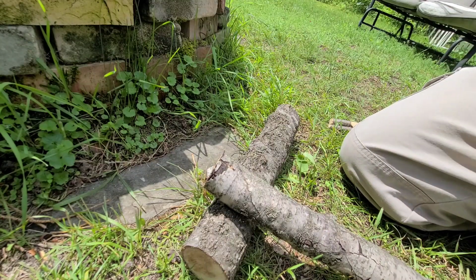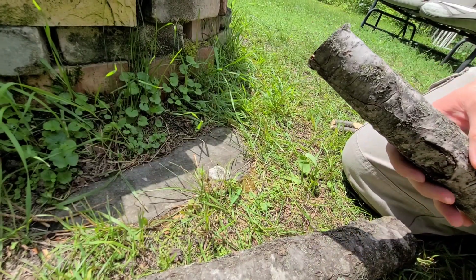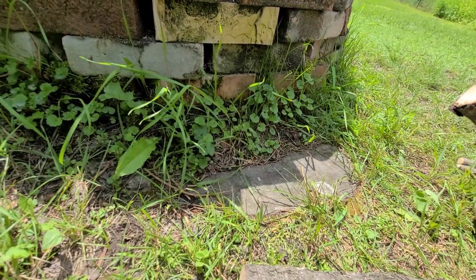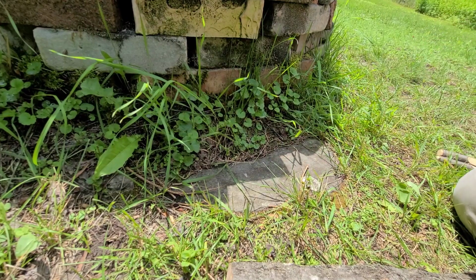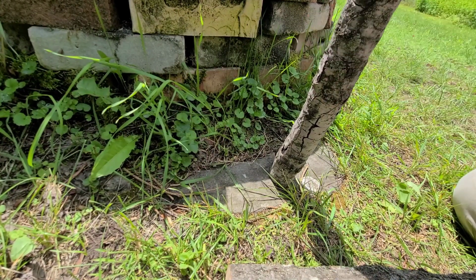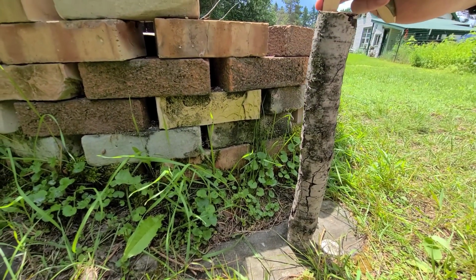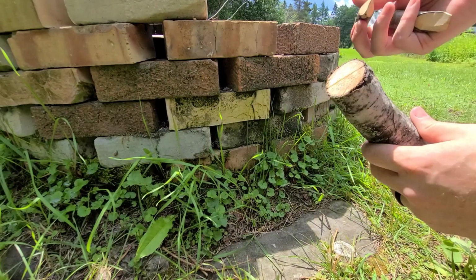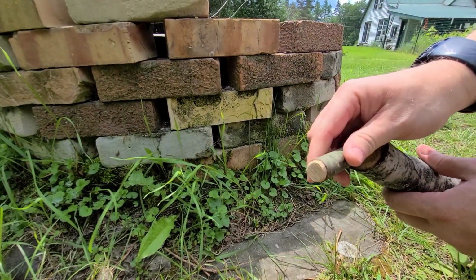Okay, so that's it with the saw. I'm gonna set this aside. I'll point you back at the rock. Okay, so I'll take this, elevate this up a bit. Okay, so what I'm going to do is I'm probably only going to need the one wedge, but I think